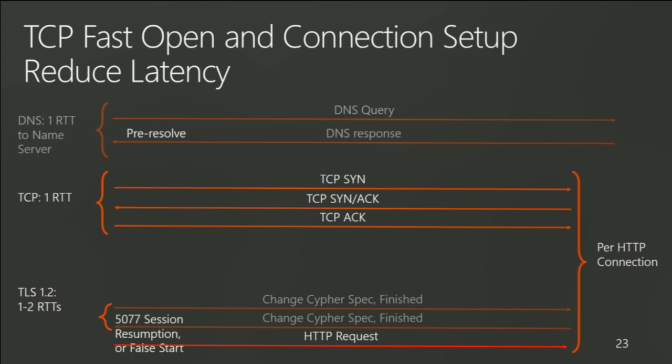We use session resumption and false start. So the way this works is, if this client has already talked to this server, we've established a certificate. We both have it. There's no need to go through all that nonsense again, so we just use the previous one. And so it takes no time at all. TCP fast open, okay. So that works on a similar principle.